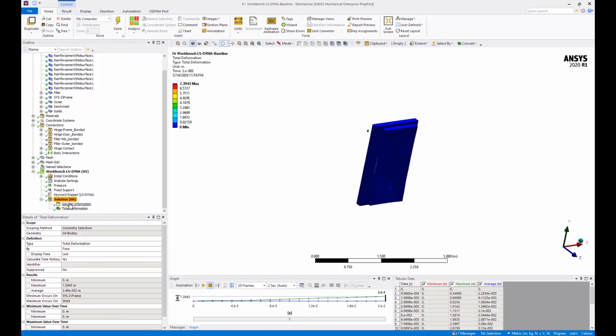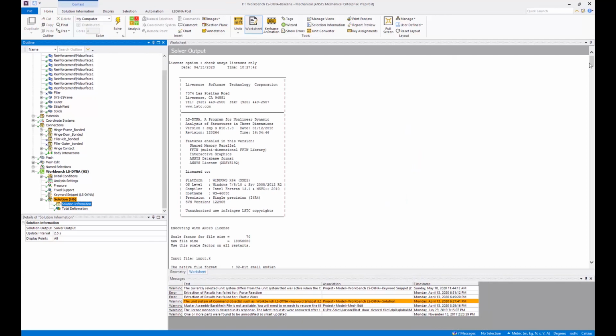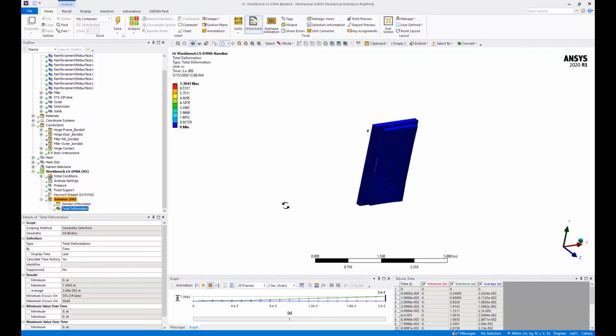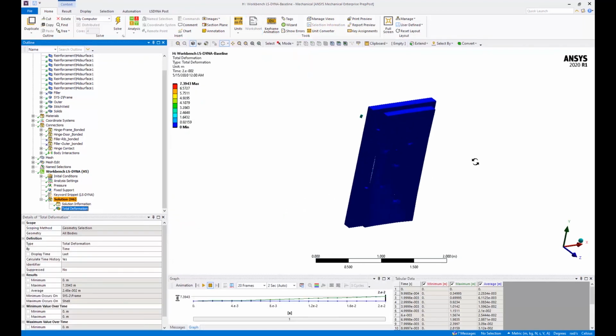Now one thing to note here is that my original explicit dynamics problem took me about 141 minutes to solve. So this took about 21 minutes to solve. So it's a huge time savings, and this is with 4 cores. This just shows you the different products within ANSYS and how time savings can be achieved within ANSYS even using different products. And again, the results are the same, but there are different advantages of using different products in ANSYS.